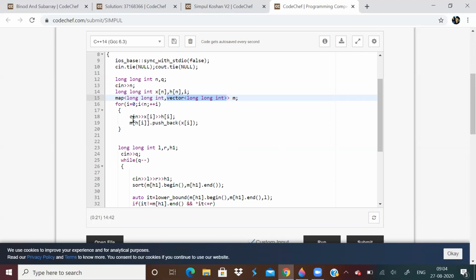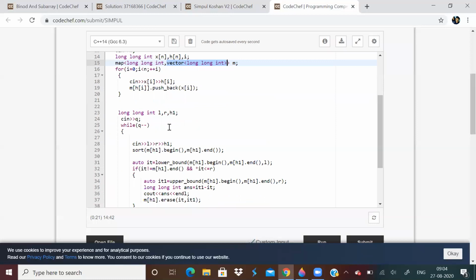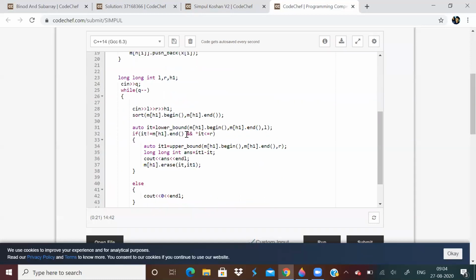For a particular height, I will keep storing the corresponding xi in that vector. And this is how you take the input q, and this is the query. So basically I'm going to use lower bound and upper bound. Whenever you have to find anything in a range, always think of lower bound and upper bound.